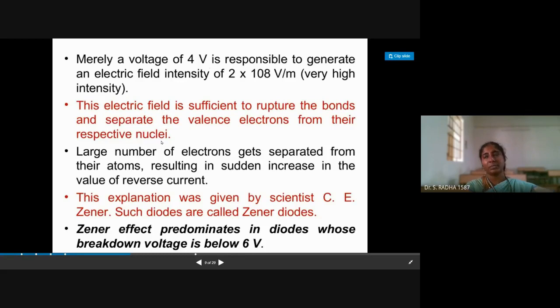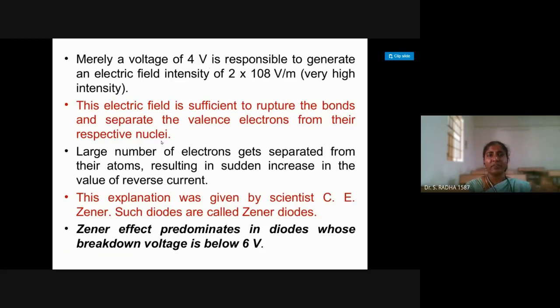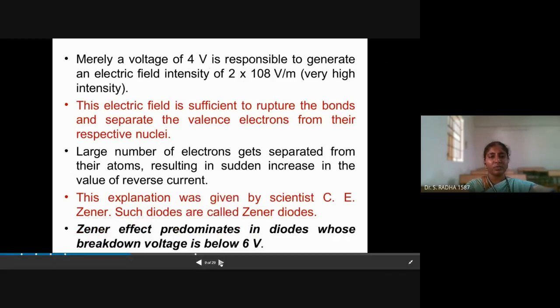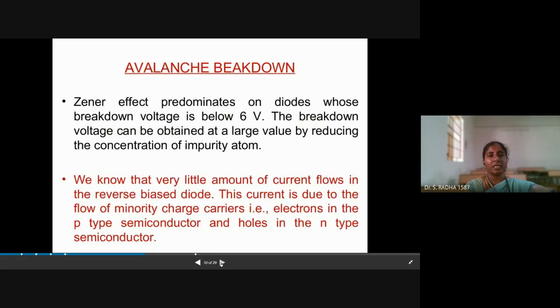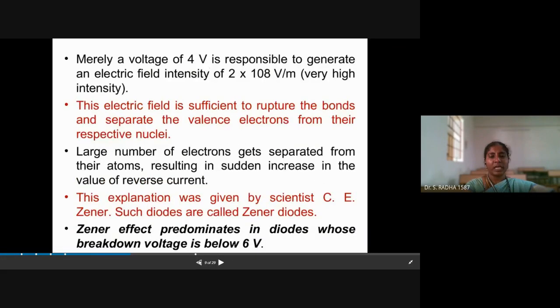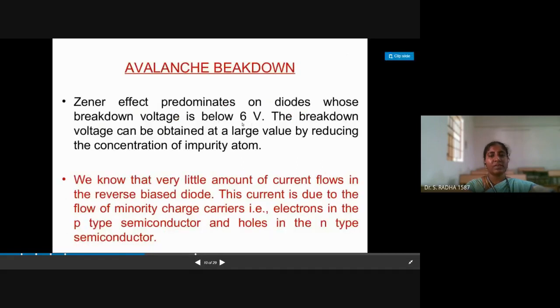And kinetic energy means the electrons are moving very fast, and they go and meet a hole, and their recombination takes place. So like that, depending on kinetic energy, we will have avalanche breakdown. So two types of breakdown will happen in a Zener diode. Here you can see below 6 volts, if breakdown happens, that is called avalanche breakdown. Below 6 means it is avalanche breakdown, and above 6 is Zener breakdown.